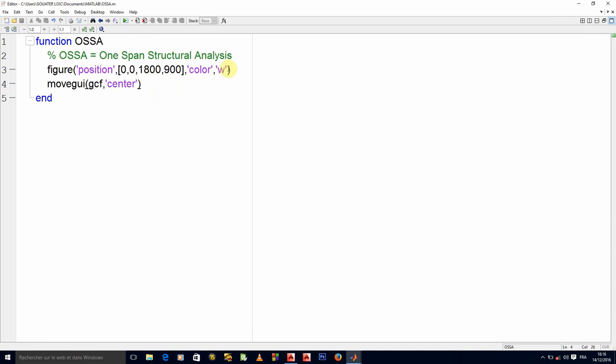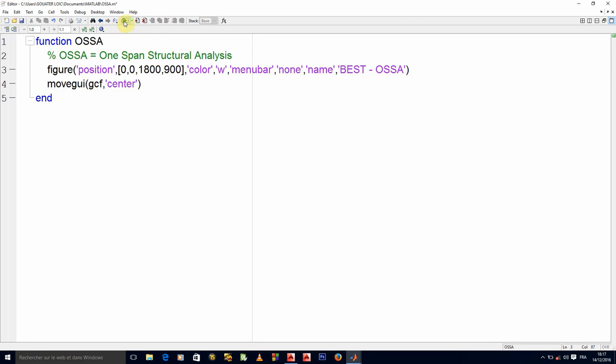I'll have to give a name to my particular application. So for the menu, I will say menu bar none. Okay, I need no menu bar whatsoever. And for the title of my application, let's call it best OSA.